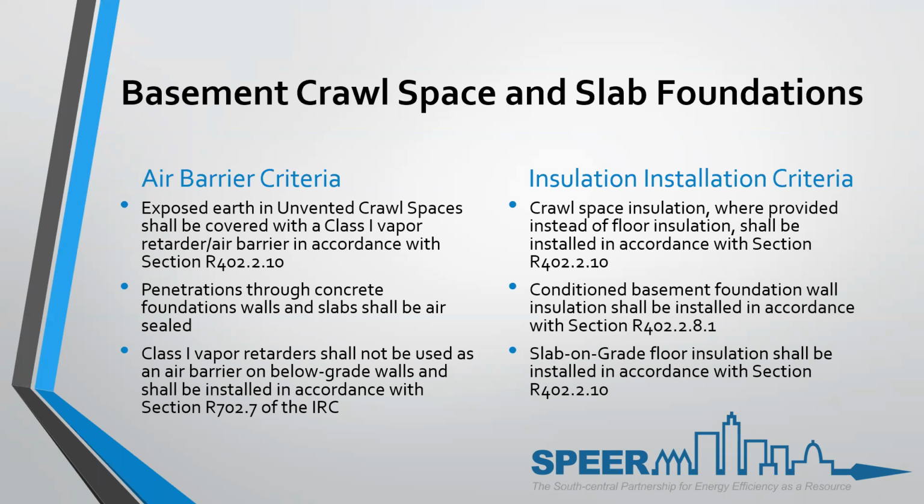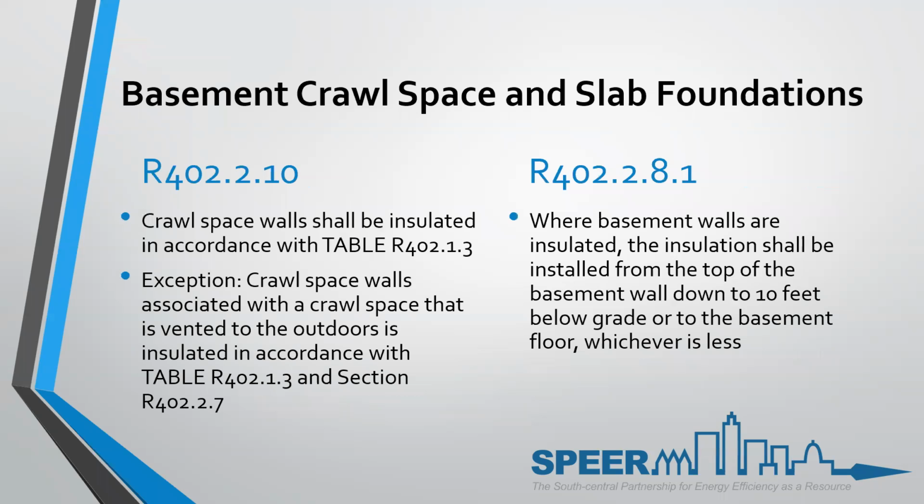And then the insulation says crawl space insulation, where provided instead of floor insulation, shall be installed in accordance to Section 402.2.10. That tells you how to do the crawl space walls. And then conditioned basement foundation wall insulation shall also be installed in accordance to Section R402.2.8.1. And then slab on grade floor insulation shall be installed in accordance to Section 402.2.10. So there's different ways of doing it, and then they give you which section of the book needs to be followed if you're going to do that. So as in this case,